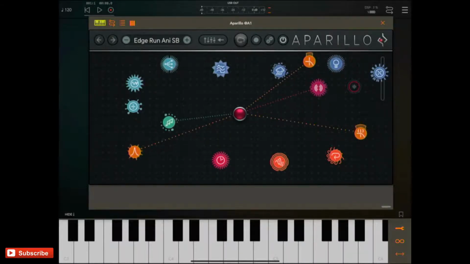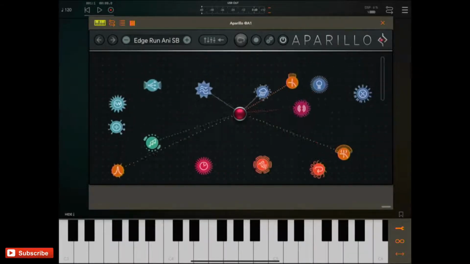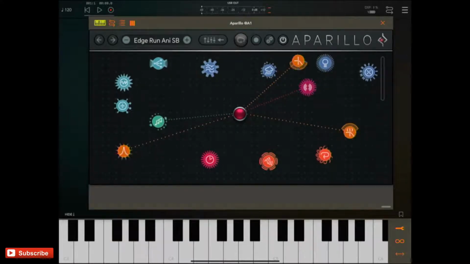So you can actually start to, let's try and spread these out. You can start to hear what each thing does, right? So if I hold down a key,